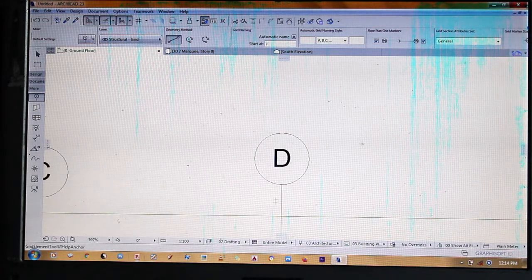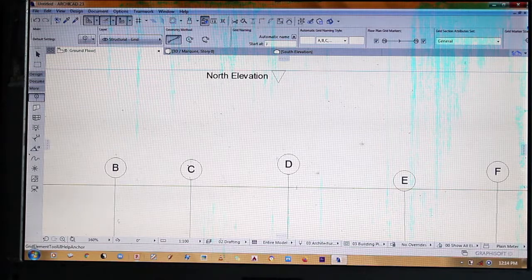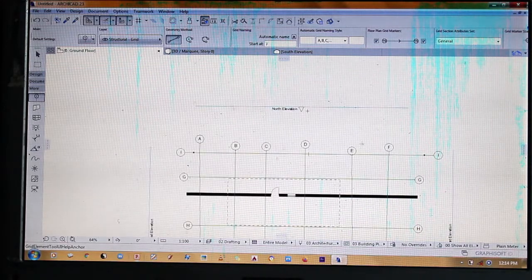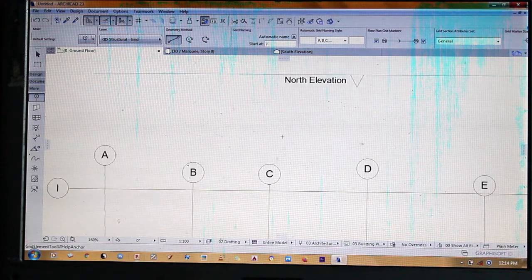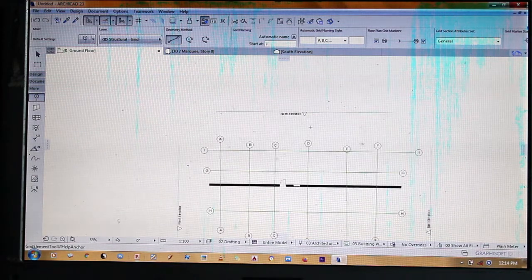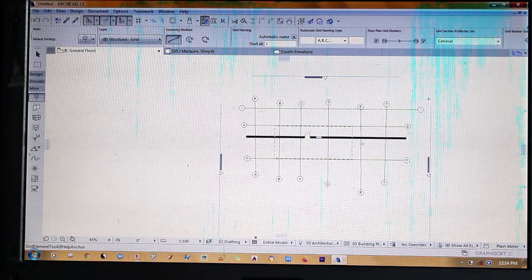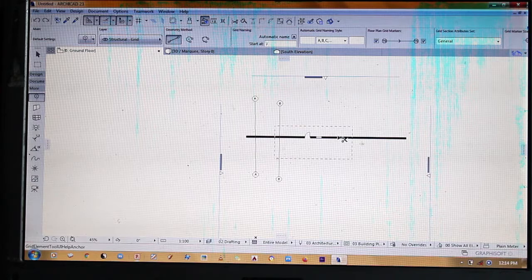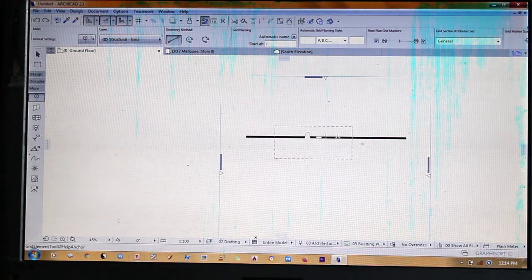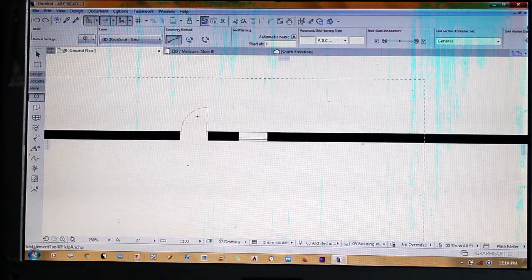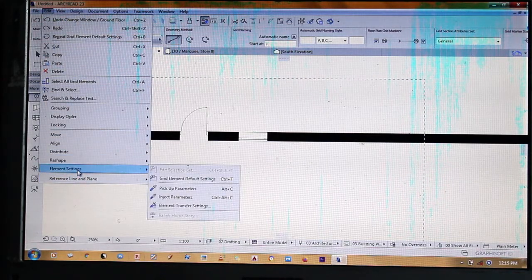So we are using green. I don't want to see all this kind of green stuff or blue. I want you guys to produce black and white, gray drawings. So you also have to customize the grids. Let's go back to how we can customize it depending on the structure that we have. Because, guys, architects work with structural engineers, so you have to make sure that you really understand. So what we do most of the time,